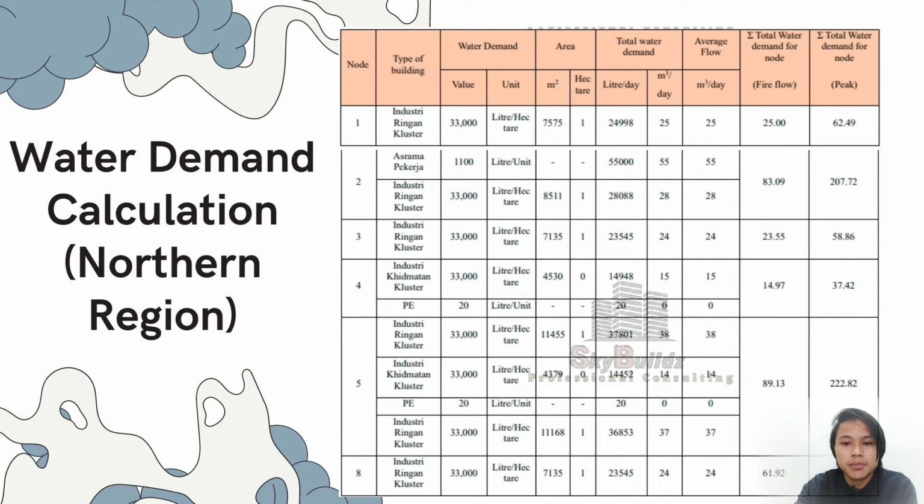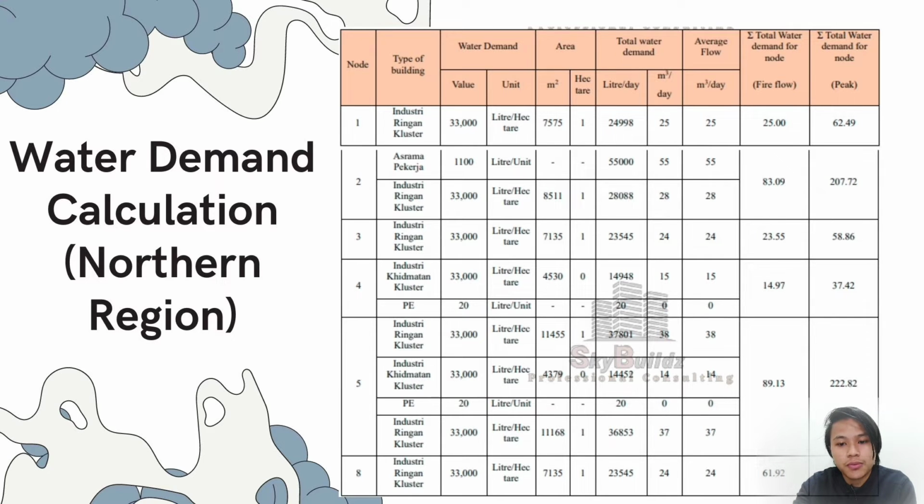The important part that we need to focus on here is the total water demand in terms of average flow, peak flow, and also the fire flow. To get peak flow, we multiply the average flow with the coefficient of 2.5, while for the fire flow, we multiply the average flow with the coefficient of 1.0, or in other words, the fire flow is the same as the average flow. These three values will then be totaled up and be used later during the design of the